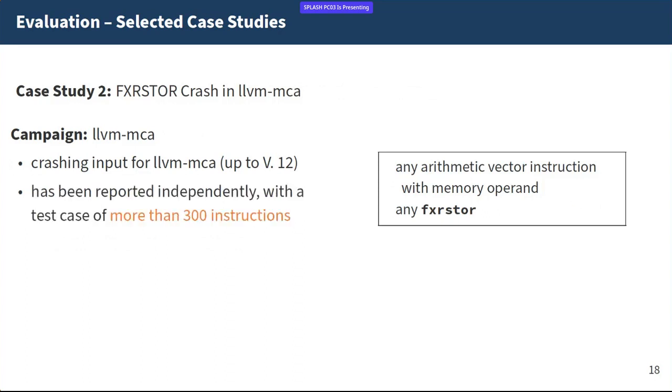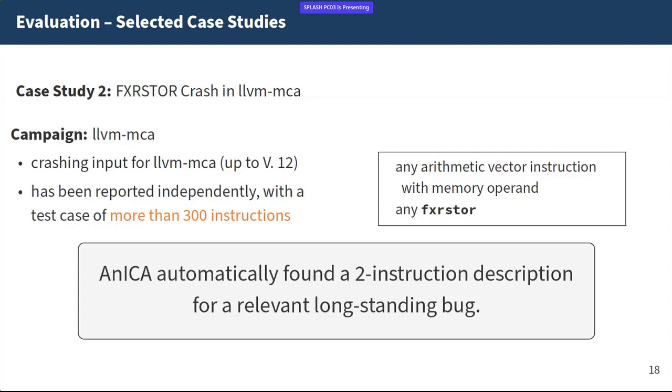For LLVM version 13, we actually noticed that independently of our work, someone apparently also noticed this problem and reported it, and it has been fixed. However, their bug report consisted of more than 300 instructions. And if you imagine a test input consisting of 300 x86 instructions, you don't want to see that. So here, our work really just automatically found this simple 2-instruction description for this pretty long-standing bug that did affect